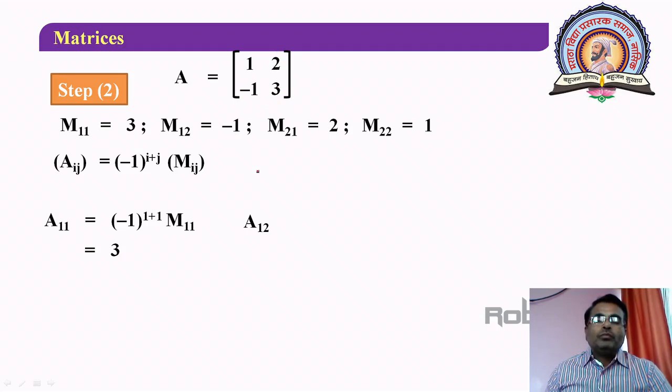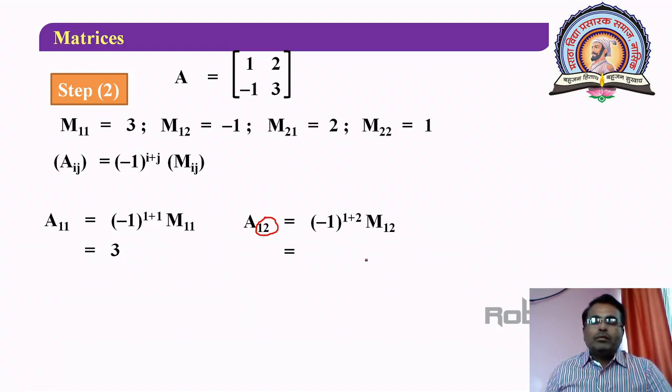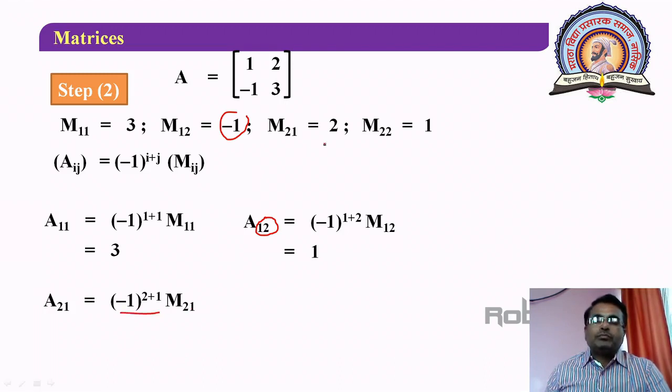So let us see what happens with A12, that is the cofactor of this 1, 2 element. Now it is equal to, you have to consider minus 1 raised to 1 plus 2. These 1 plus 2 are coming as a power, and minus 1 raised to 1 plus 2 M12 means you will get minus 1 raised to 3, that is minus, and minus of minus 1 will give you plus 1. Then next we have to consider M21. Then its cofactor is A21. A21 is again defined as minus 1 raised to 2 plus 1 M21, but minus 1 raised to 3 is again minus, and this 2, so you will get minus 2.